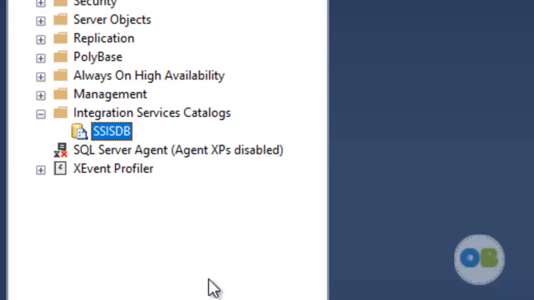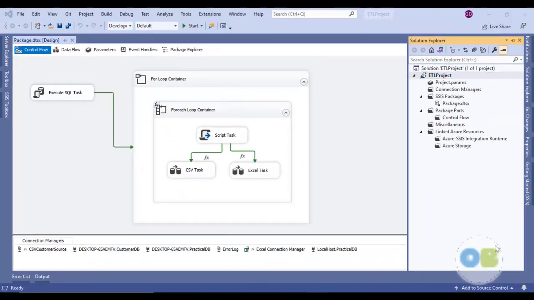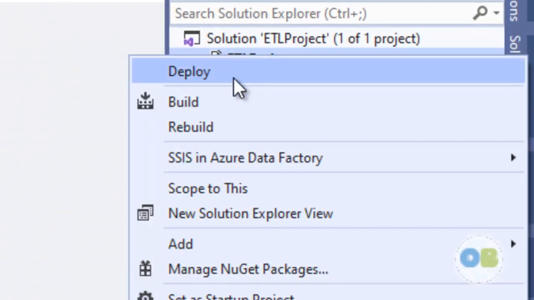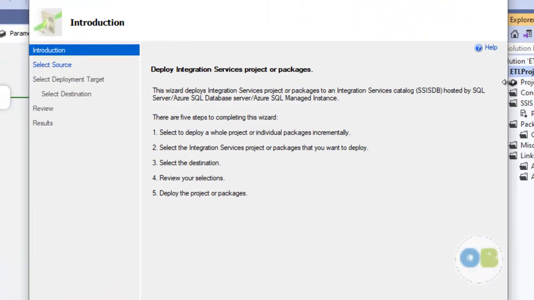Now let's go to our Visual Studio 2019, go to the ETL project, right click on the project name, and select the first option, deploy. Click on next. A wizard will open here. Click on next.